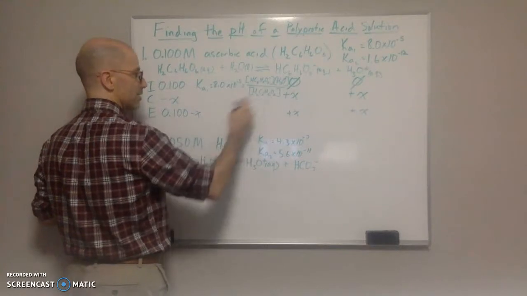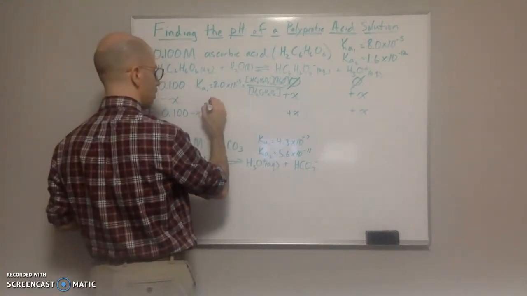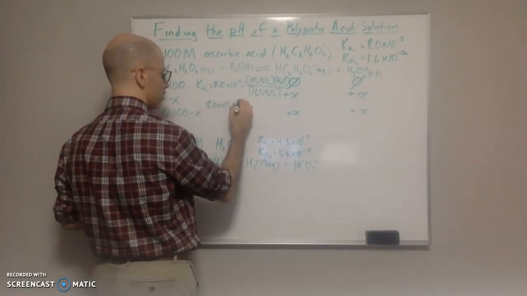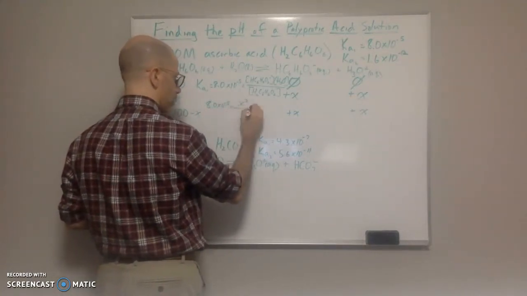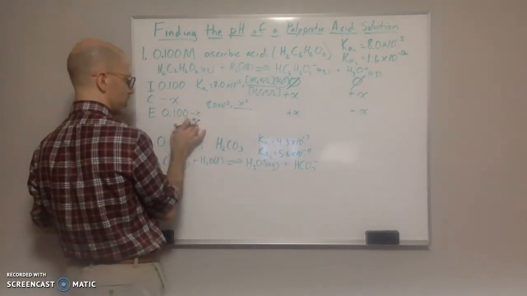Both of these are X, so 8.0 times 10 to the negative 5 is going to be equal to X squared over this expression right here,